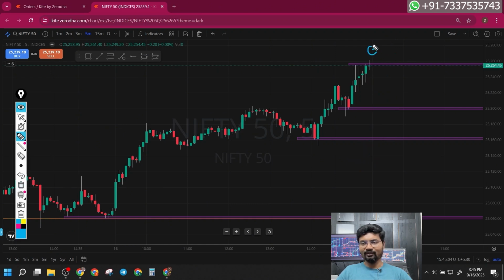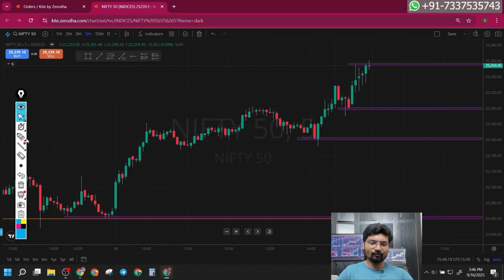There is a high probability for a gap up, and if the strength is not enough, it may open flat. If there is heavy selling pressure from the market participants, we can say gap down. But there is a high probability for a gap up as per today's price action. If there is no big news or no fundamentals are changing overnight, we can see a gap up. I hope the plan is clear, and this is my plan for tomorrow.